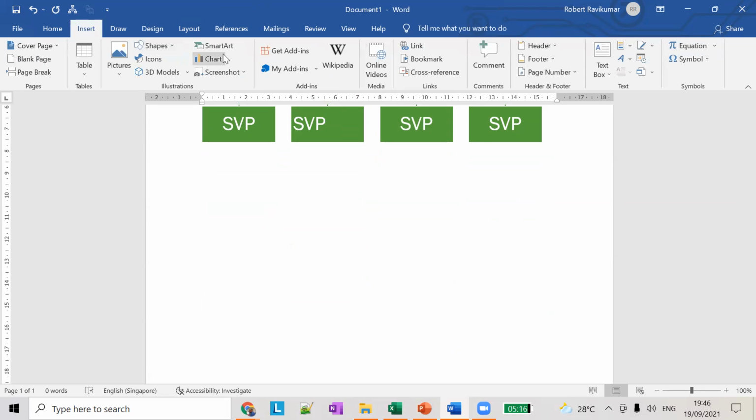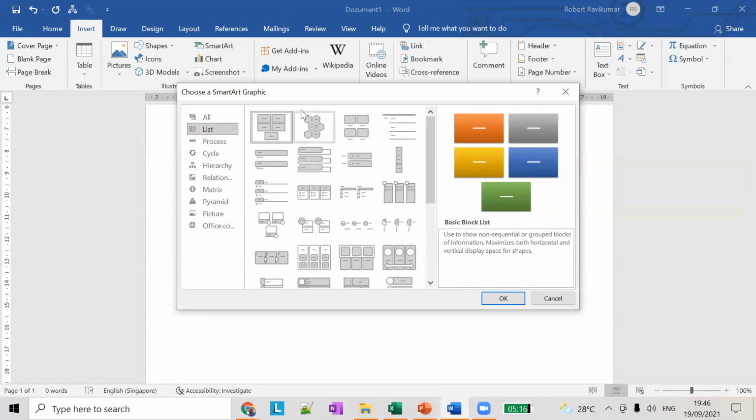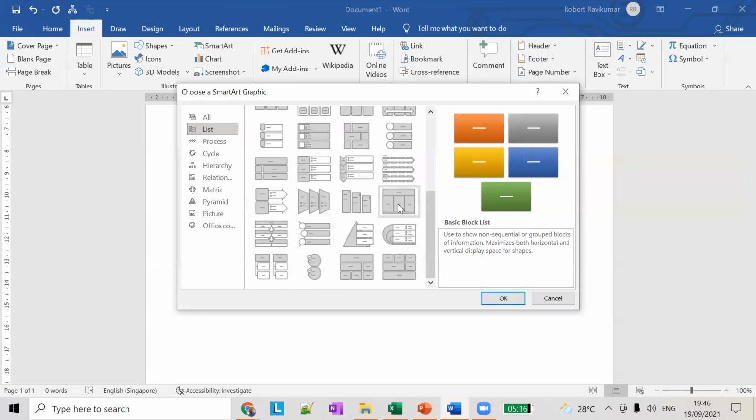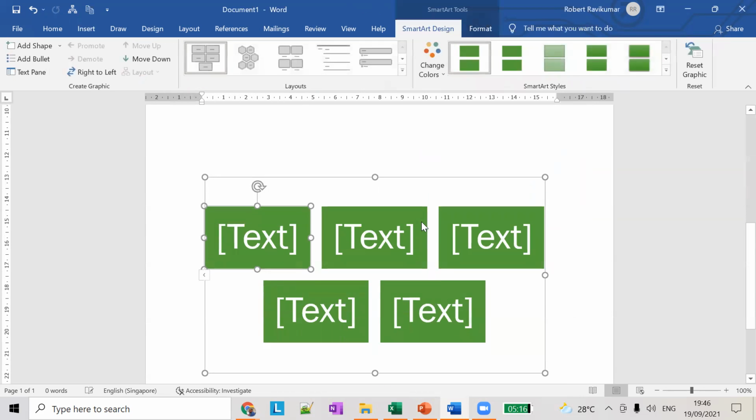So if you go to insert smart art, you can choose different things. If you want to add a list, you can add a list here. So let's say we add this list, basic block list.